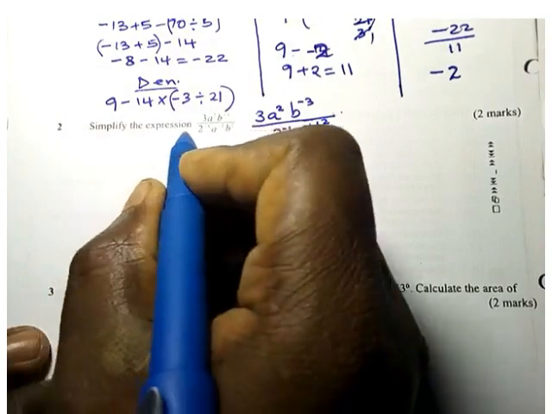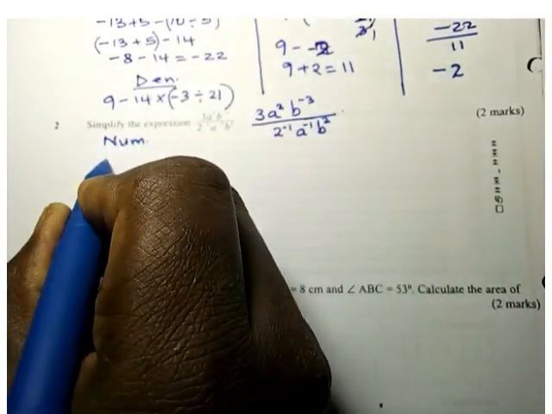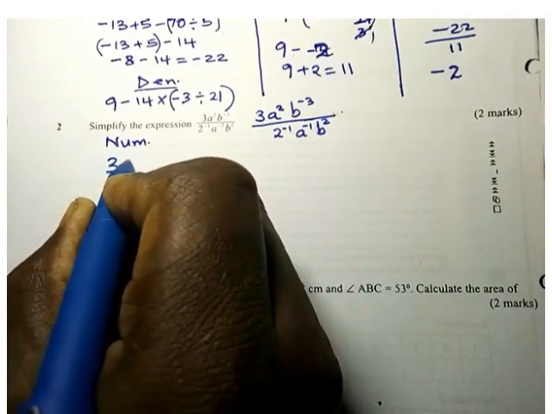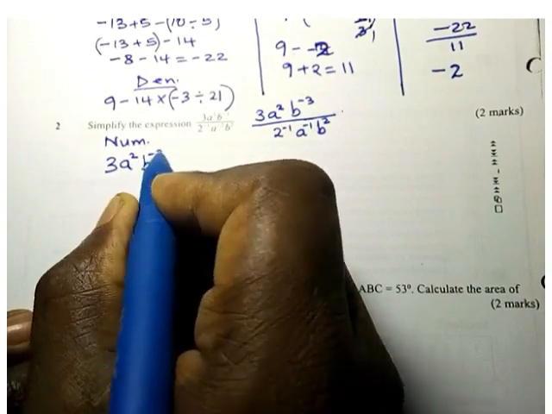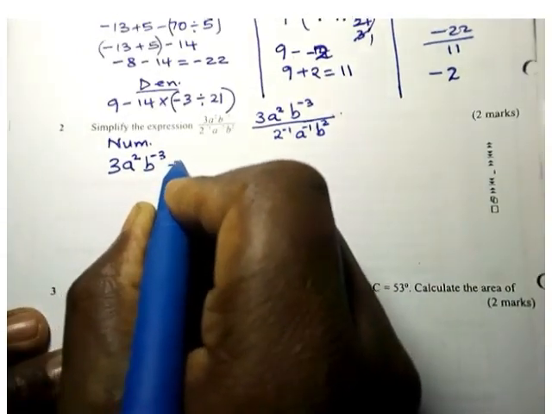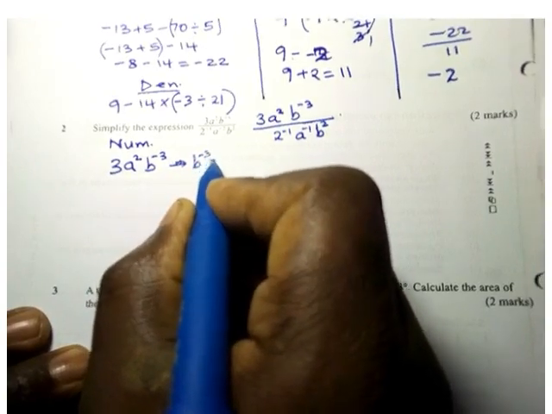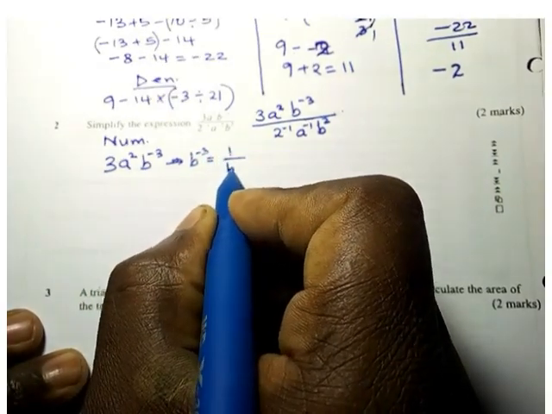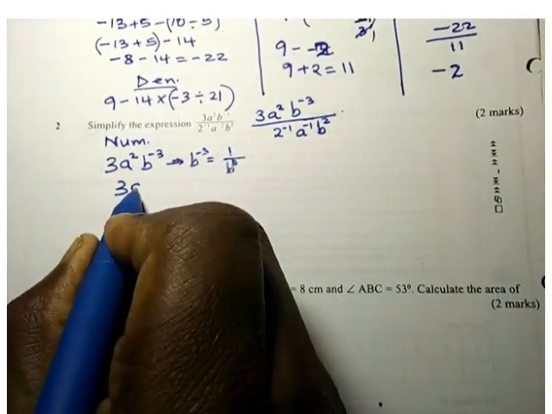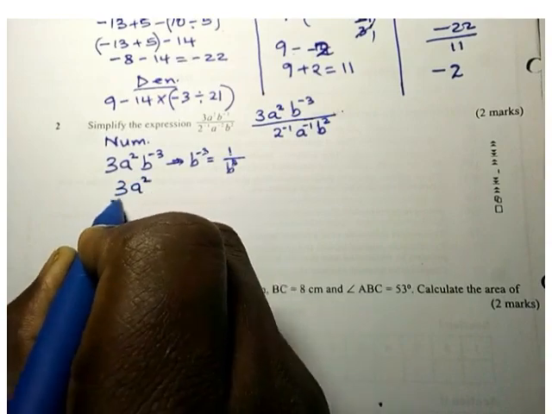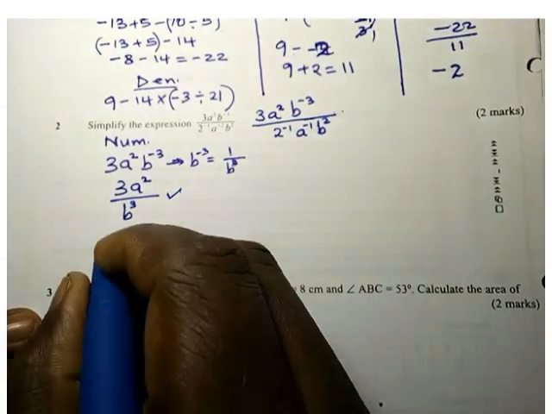Number 2, simplify the expression. So we will start with the numerator. 3a square b minus 3. So b negative 3 is the same as 1 over b raised to power 3. So here we will have 3a square divided by b cubed. That is the numerator. The denominator,